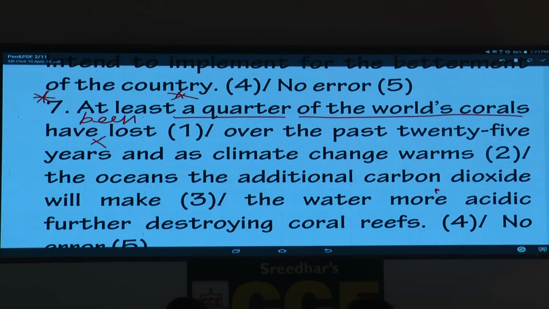Two-thirds of the book is a phrase. What is the noun here? Book, singular. Two-thirds of the book is interesting. Book is interesting. I changed the noun: two-thirds of the books are either expensive or interesting, whatever. So that you should remember. They gave this in many exams, a fraction-related question. So please make a note.